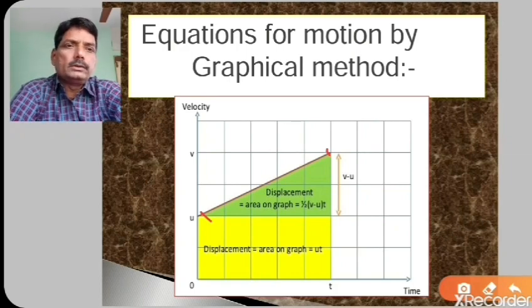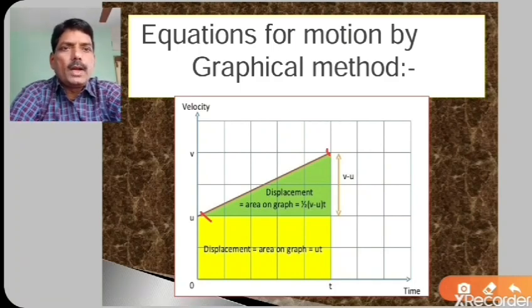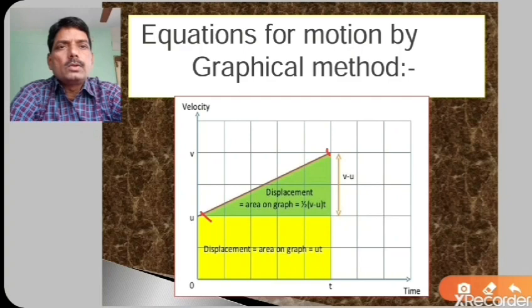So starting from 40 meter per second with uniform acceleration up to 80 meter per second, I have to calculate now how much is the displacement of that car or of that object when it has gone from 40 meter per second with uniform acceleration to the 80 meter per second. No doubt it has already covered some displacement, so I want to calculate the displacement. How will you calculate the displacement now? You see here, initial velocity is u, final velocity is v.